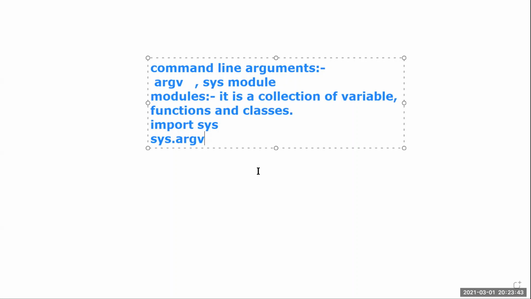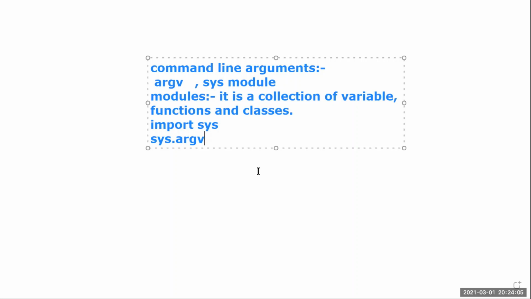Here, to read the input values, we need the argv variable. As argv is defined in the sys module, first of all, we have to import that sys module.